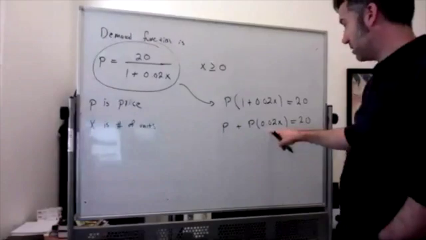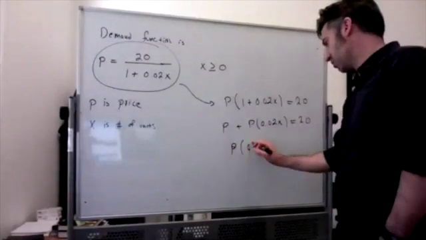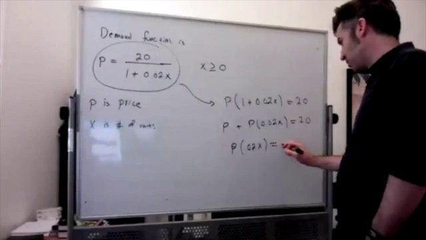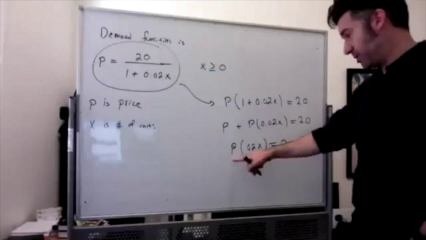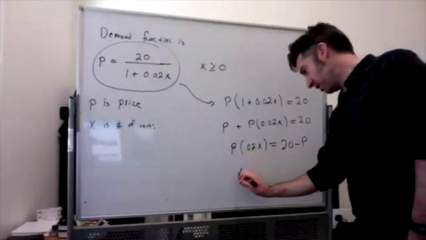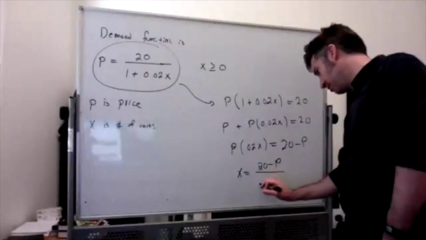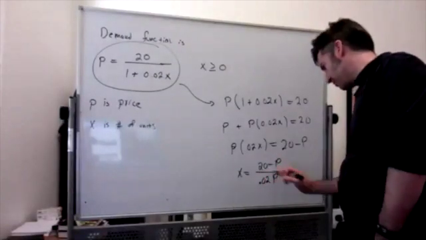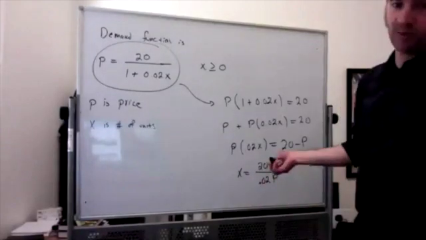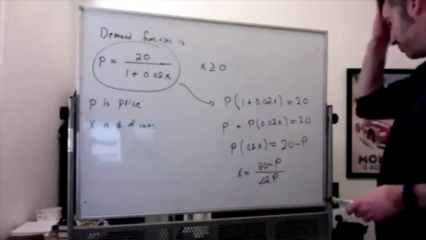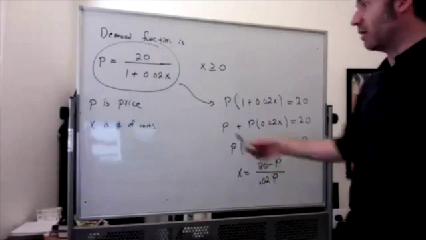And now my goal is to isolate x. So I'm going to leave this on this side, but I'm going to subtract P. So I have P times 0.02x equal to 20 minus P. And I'm going to divide both sides by P and by 0.02. So I'm going to get x equal to 20 minus P divided by 0.02P. We could probably simplify this, but I don't really think we need to unless WebAssign wants you to. So that's how you would solve for x as a function of P, or a number of units as a